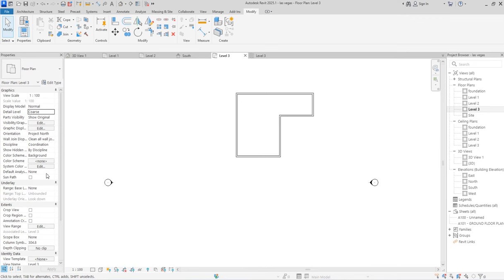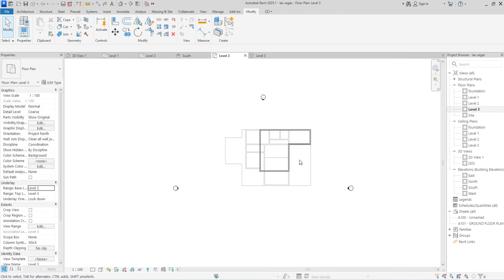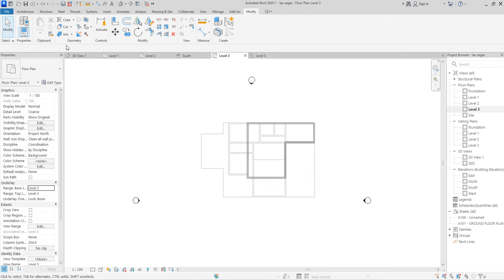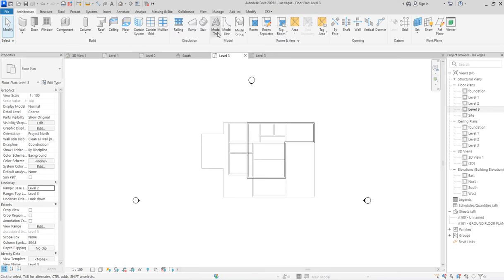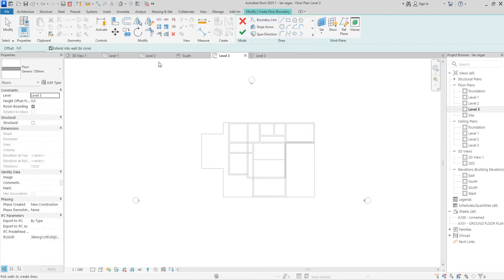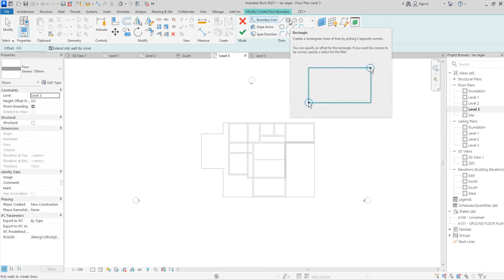So see it here. Go to view range, underlay, press 2. So it's deflect. Now what you do, you come to architecture and you say structure, architecture for the floor.